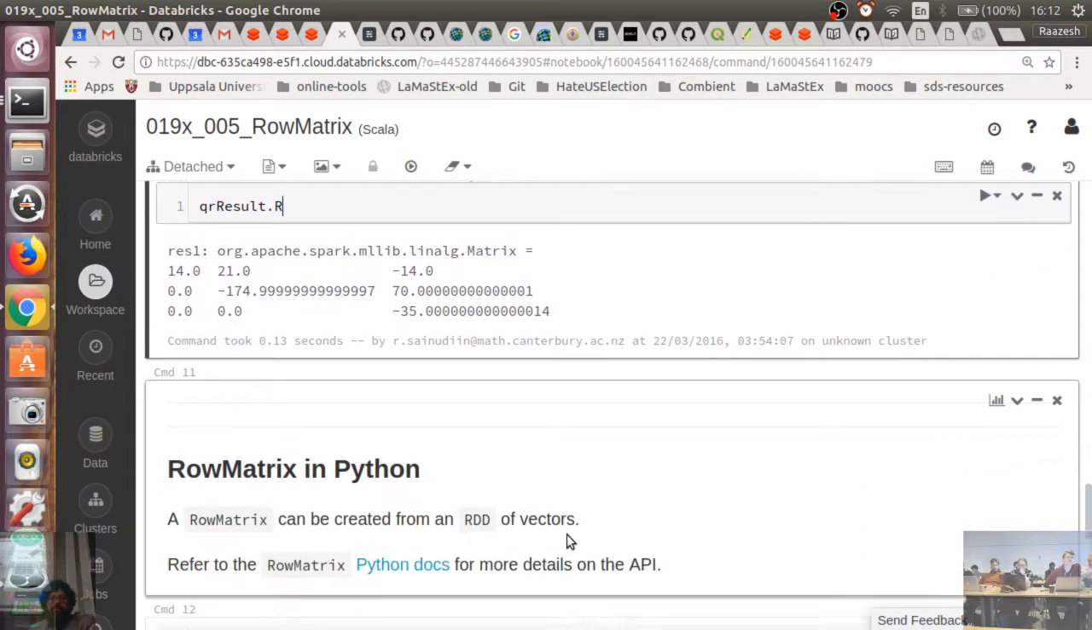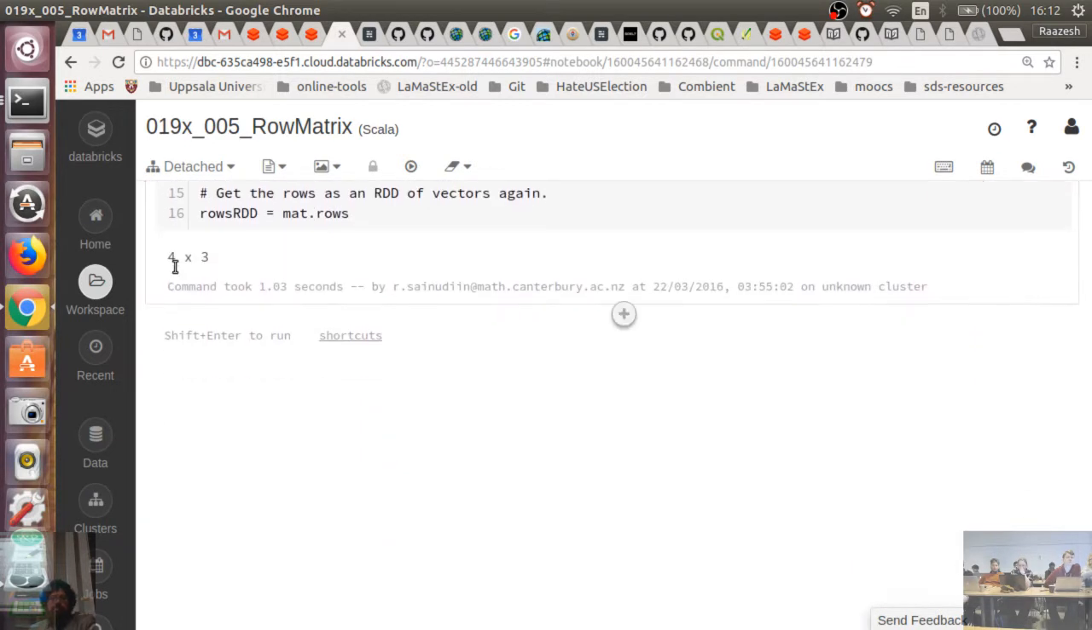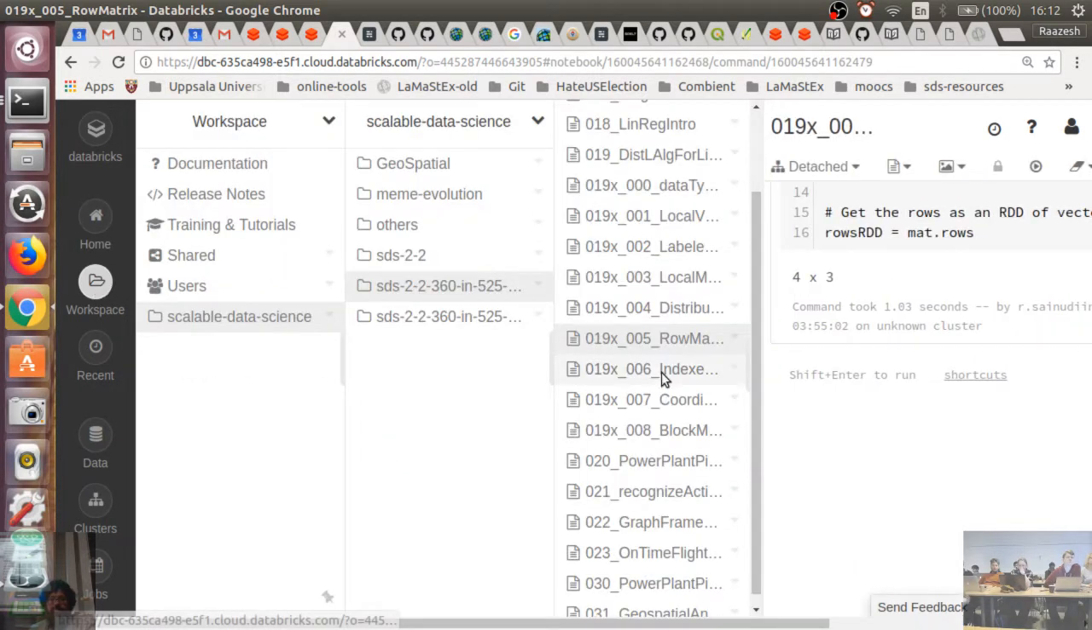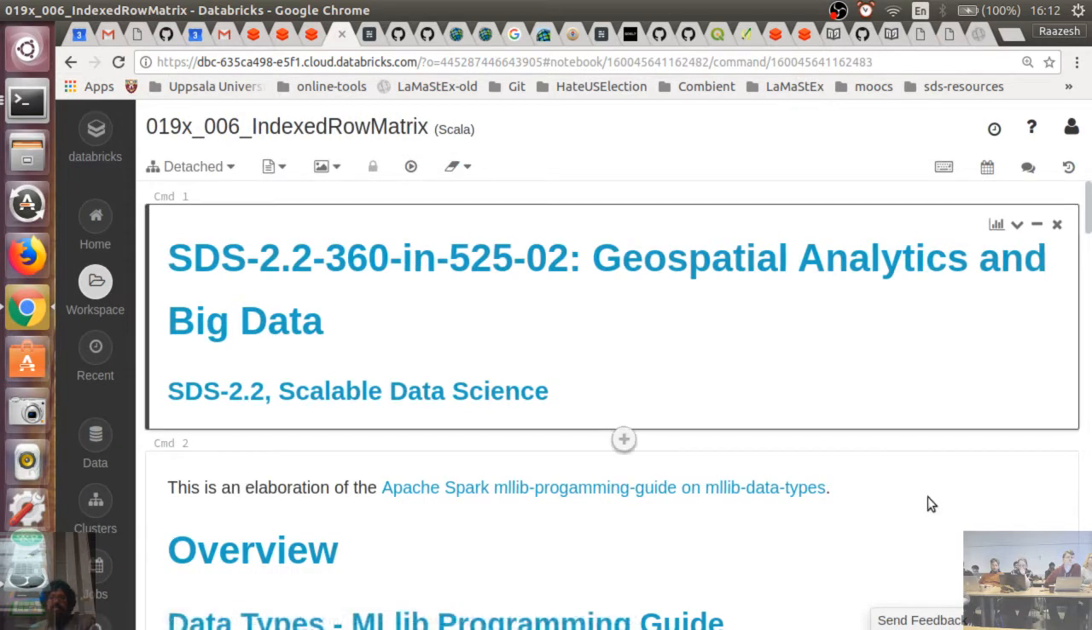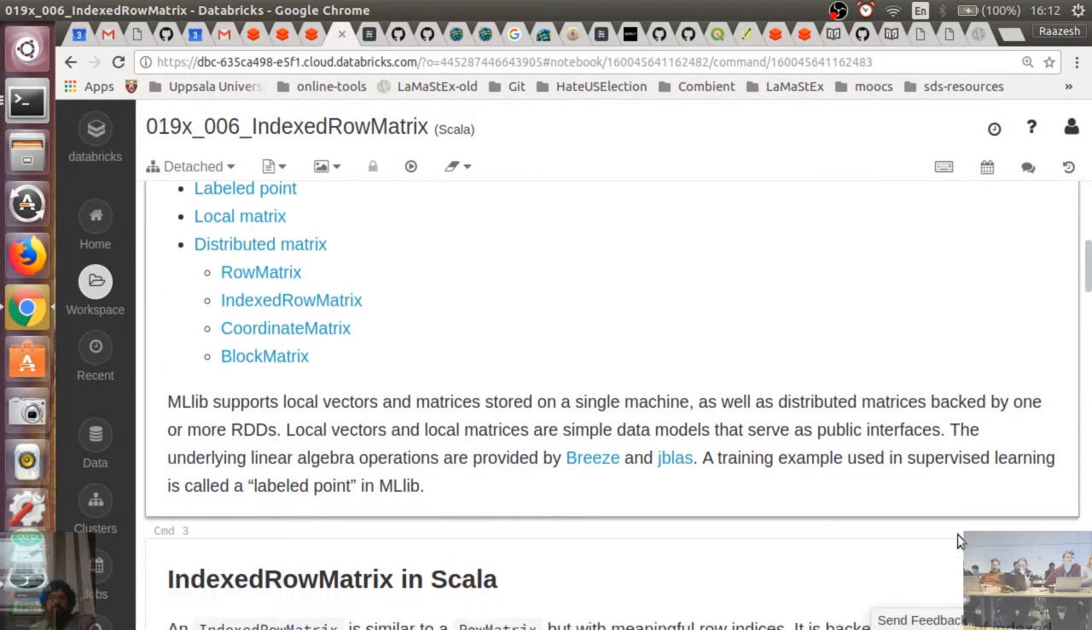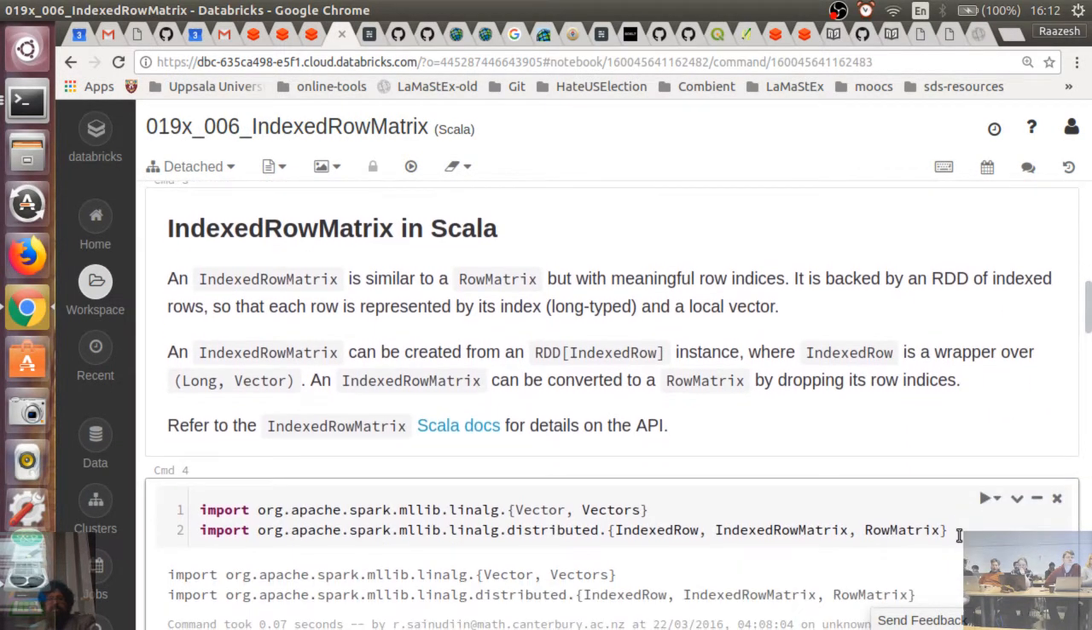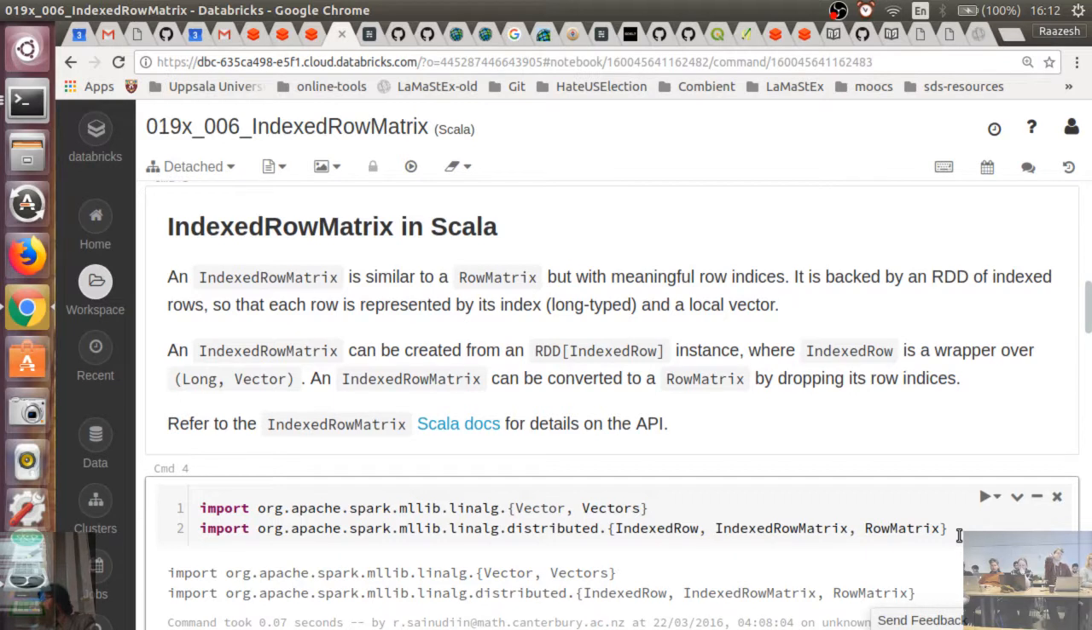Okay, so then there's also Python syntax for the Pythonists. And then this is index row matrix, and once again, it's similar to row matrix but with meaningful row indices. It could be like timestamps, for example. So there's actually some implicit order,